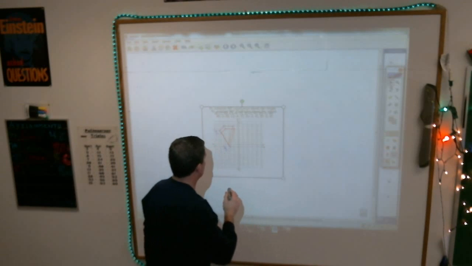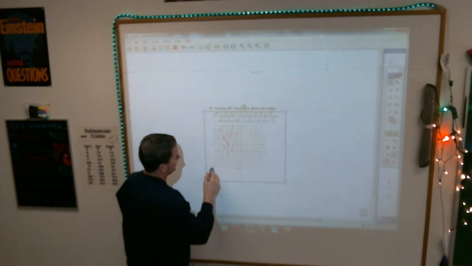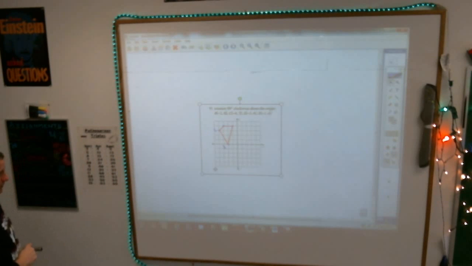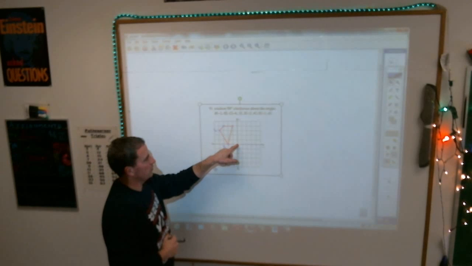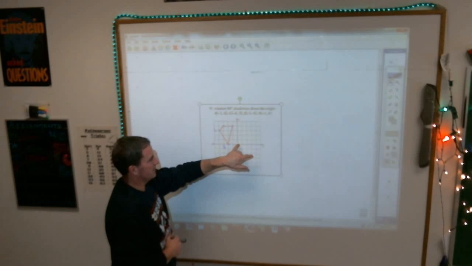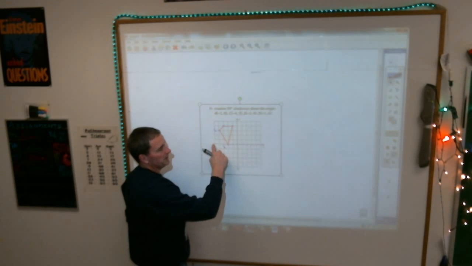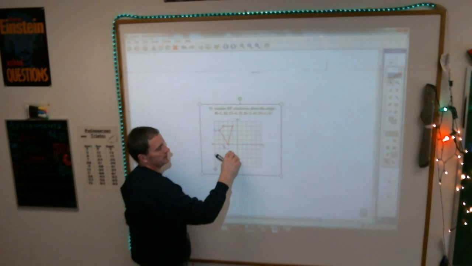Let's see if I can do this. First of all, I've got to try to get it to match up. Okay, so there it is. If you're rotating, here's the problem I'm going to have. If I rotate this about the origin, I don't think this is going to be exactly at that point, but we'll try. What should happen is, and I'm going this way because it's clockwise, instead of this